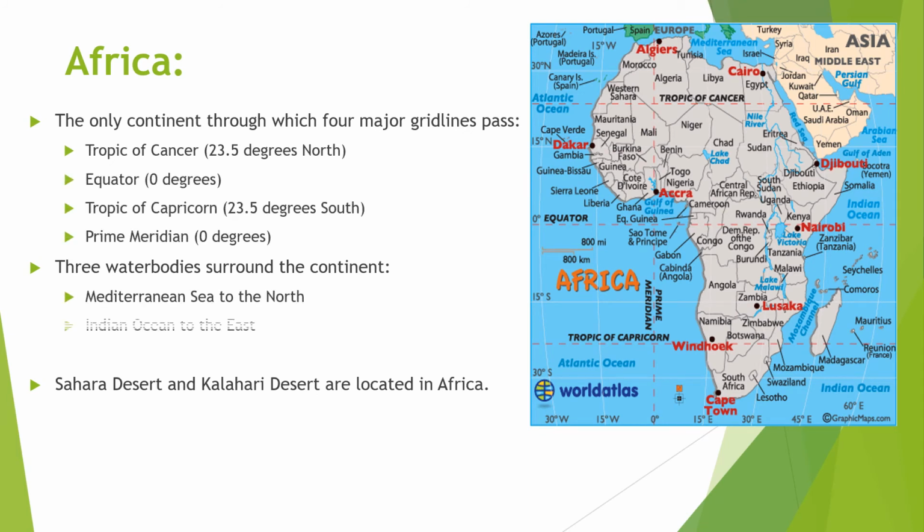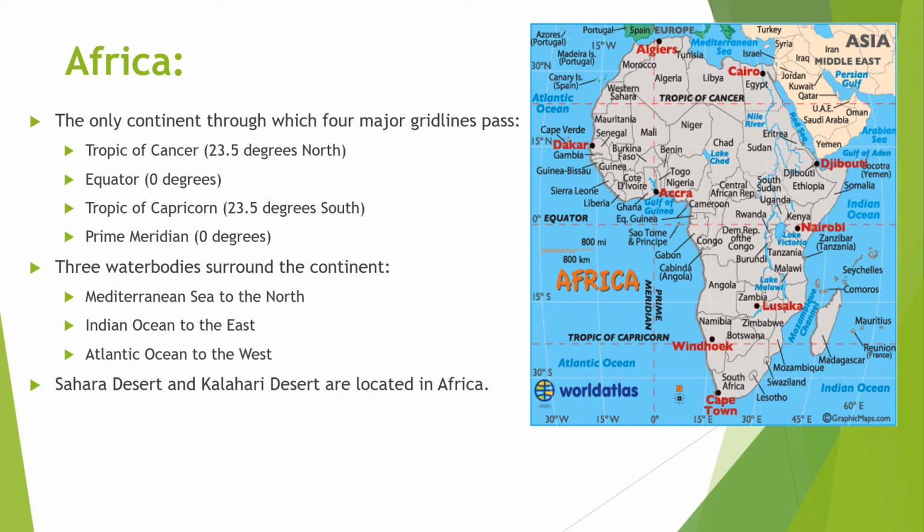Students, Africa is the only continent through which four major grid lines pass. The four major grid lines include the Tropic of Cancer, which lies at 23.5 degrees north, the equator, which divides our planet into two equal hemispheres, and the Tropic of Capricorn, 23.5 degrees south. In addition to these three key latitudes, the prime meridian, that is the 0 degrees longitude, also passes through the